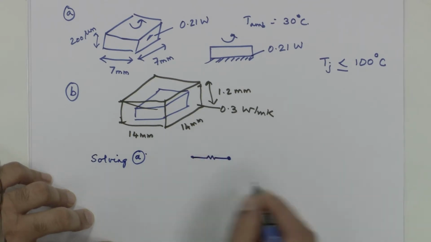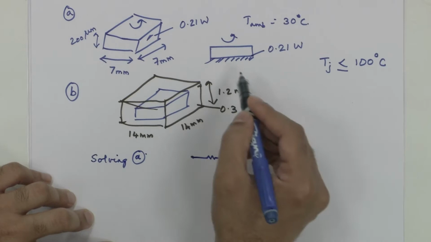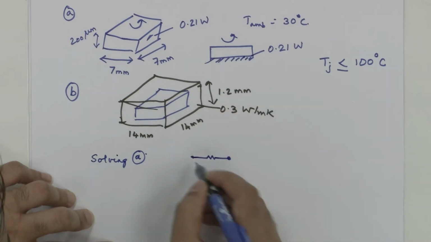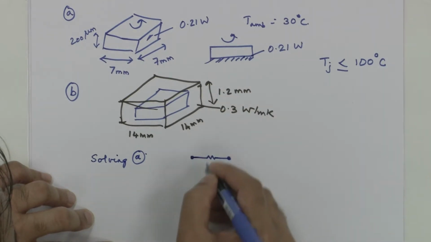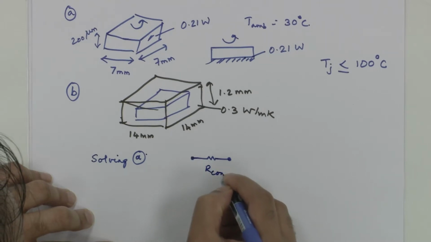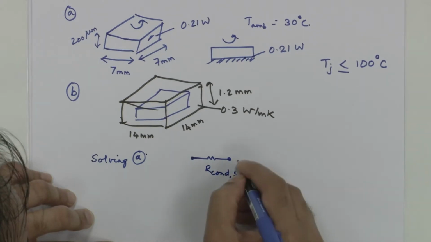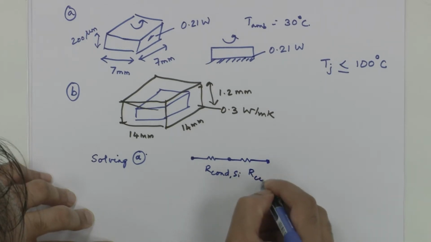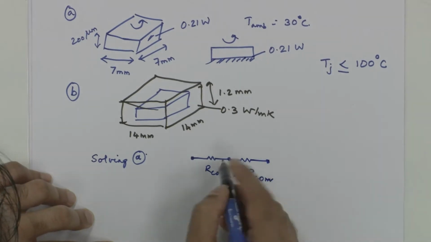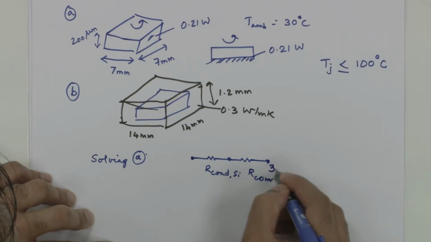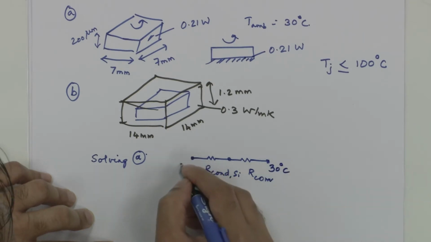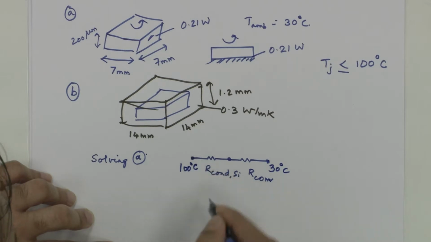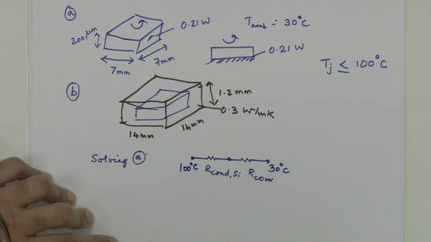There is a conduction resistance through the silicon, because heat dissipation is happening at the bottom. Then there is the natural convective resistance from here. The ambient is at 30 degrees C, and we are given that 100 degrees C is the maximum. So we need to see if